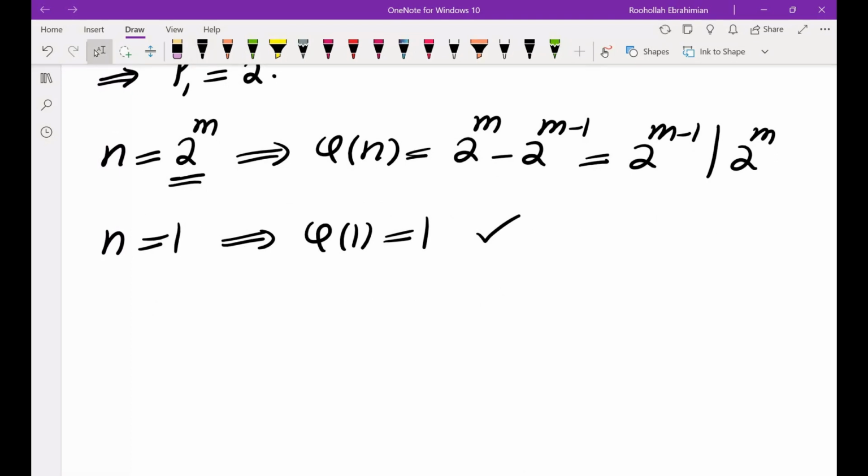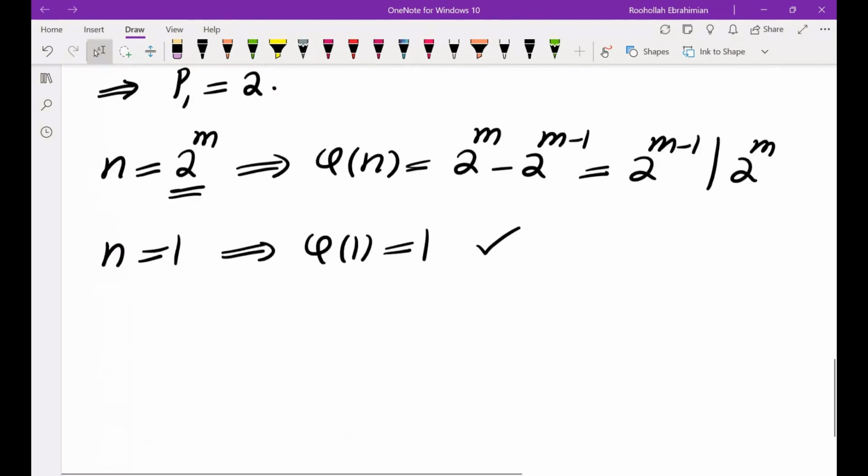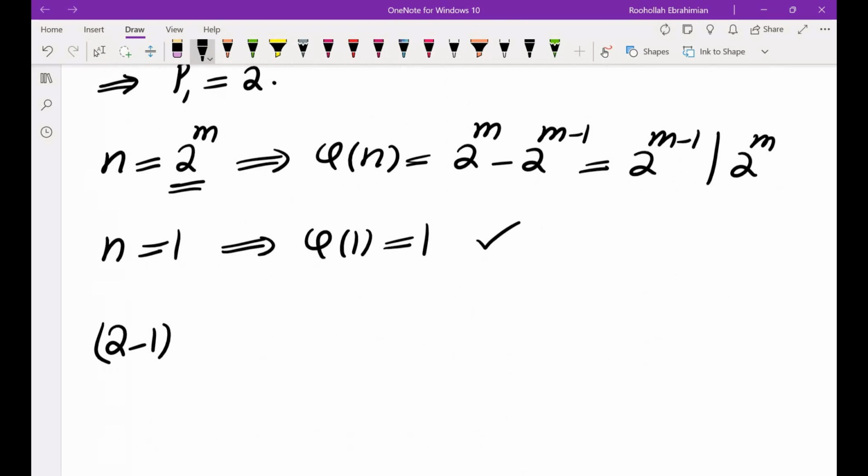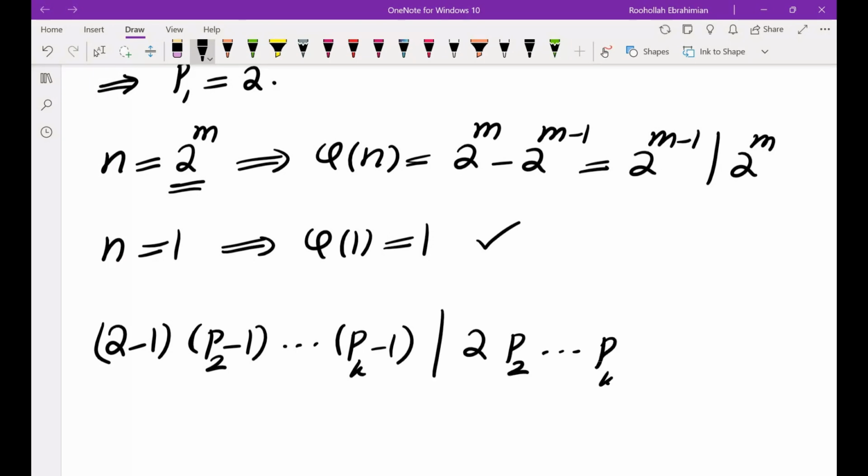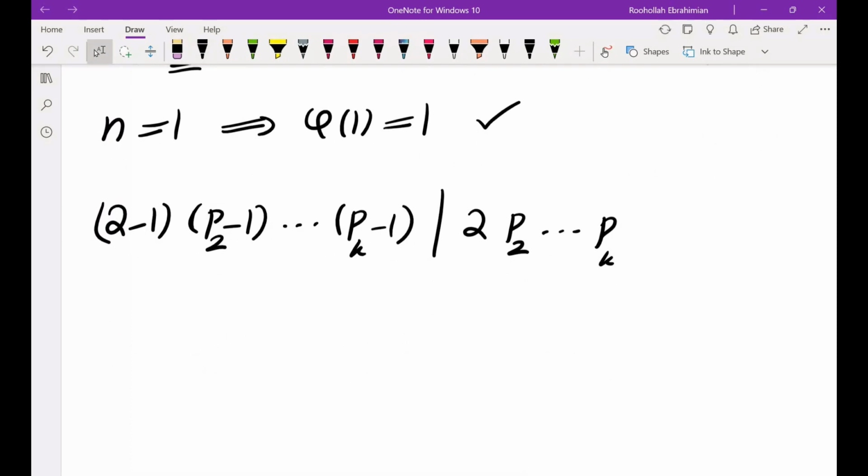Okay, so we found some solutions. Now, are these all solutions? We know that the first prime would have to be 2. So let's rewrite that. So we get 2 minus 1 times p2 minus 1 all the way to pk minus 1 would have to divide 2 p2 all the way to pk. Okay, so all of these primes here are in fact odd because we know that p2 is more than 1. So all of them are odd, so it means this side is divisible